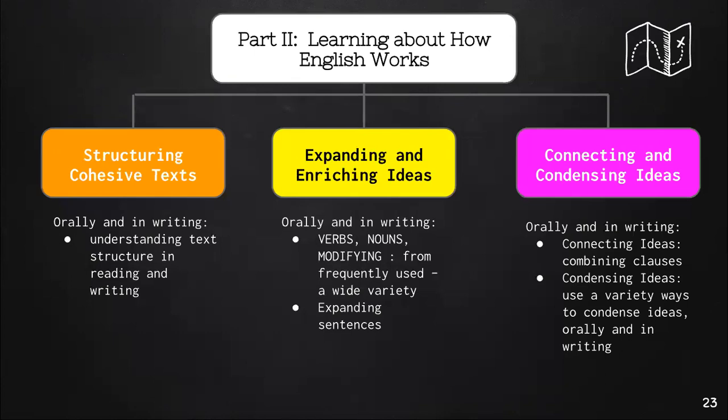They're using verbs, nouns, and modifiers from frequently used ones at the lower level to a wide variety of those at the higher levels, as well as expanding sentences from simple expanded sentences to elaborate, looking at structures on the text level being more sophisticated. And finally, connecting and condensing ideas by combining using clauses and a variety of ways to condense the ideas, both